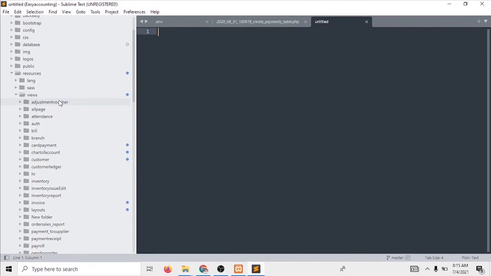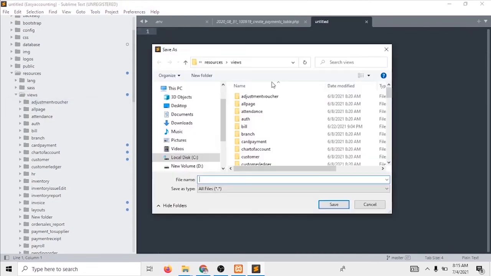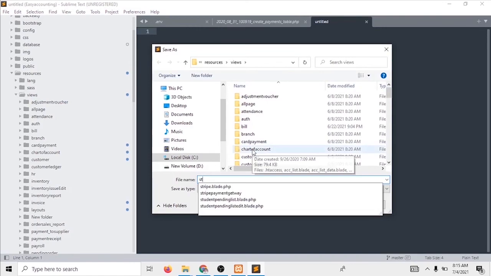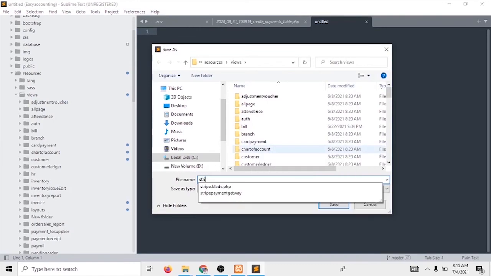Stripe view page blade.php. Okay, so I have created this page,